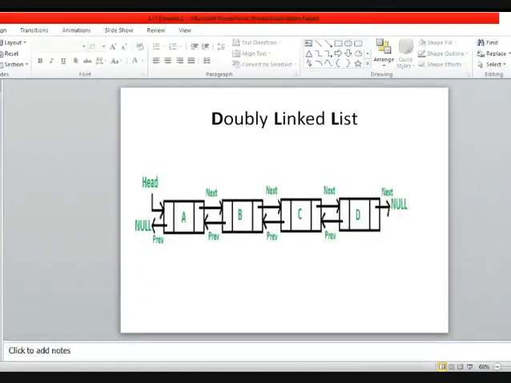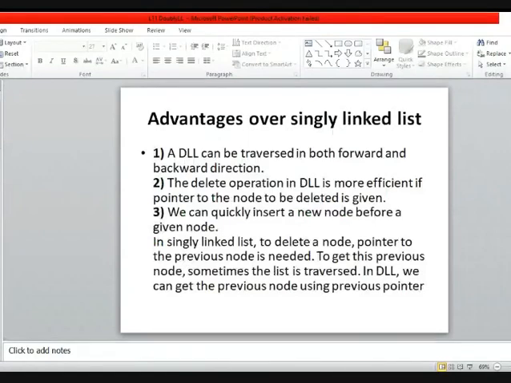Okay, class. Let's move forward to the advantage of doubly linked list over a singly linked list. Why do we need to use this doubly linked list? As you can see, in singly linked list there are some limitations. We can only move in forward direction, we cannot traverse in backward direction.